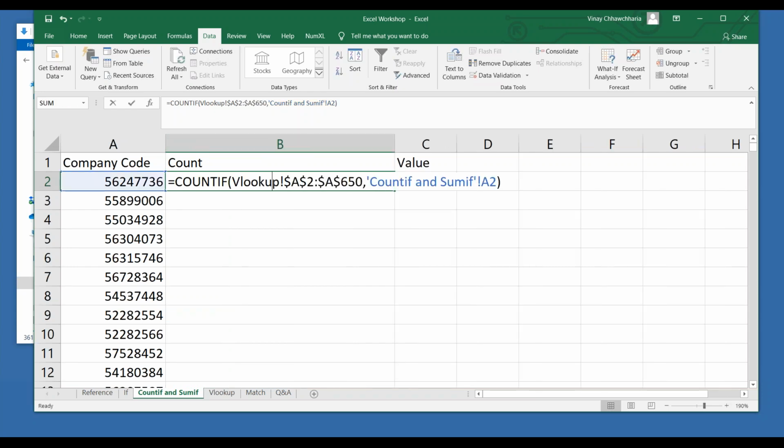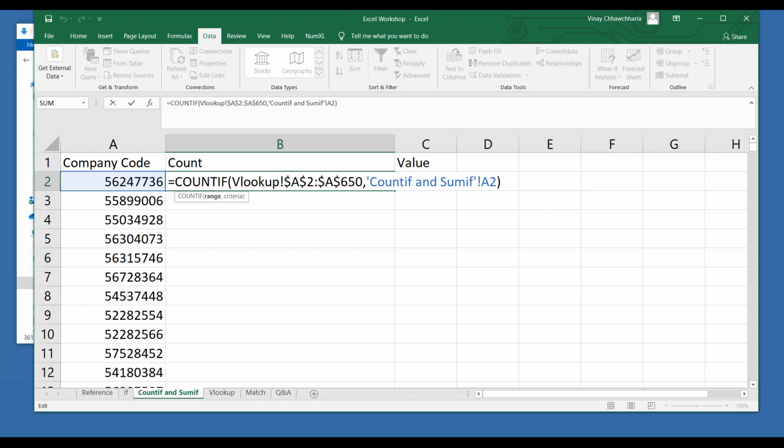I will repeat this once again. But before moving to SUMIFs, let's revise COUNTIF. COUNTIF, bracket open. You have to first select the range, and after the range you have to select the criteria.